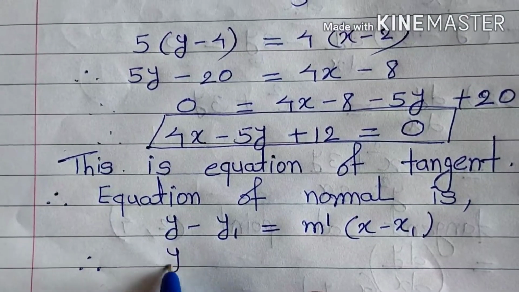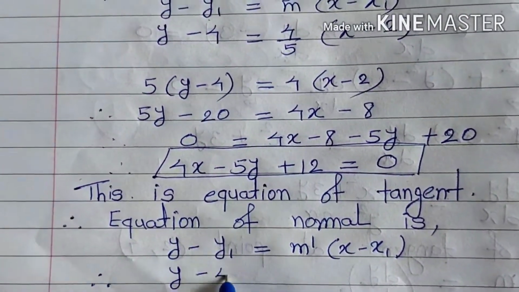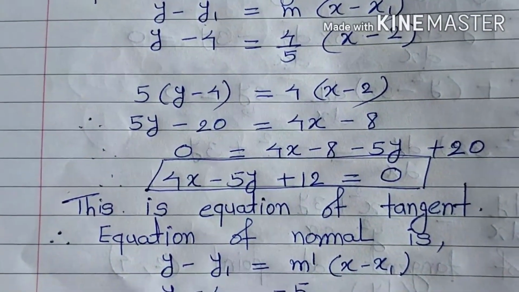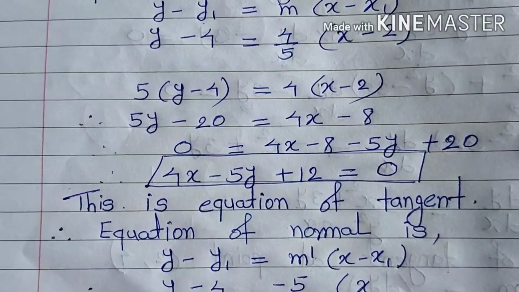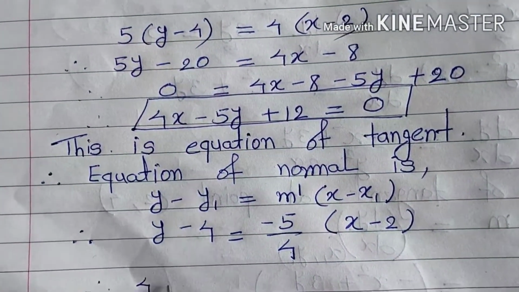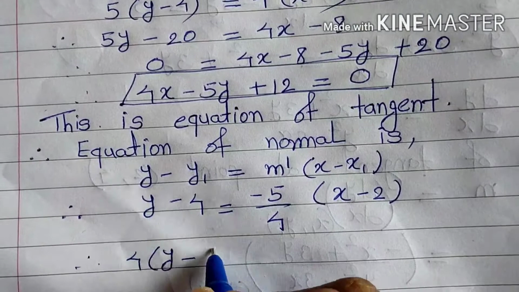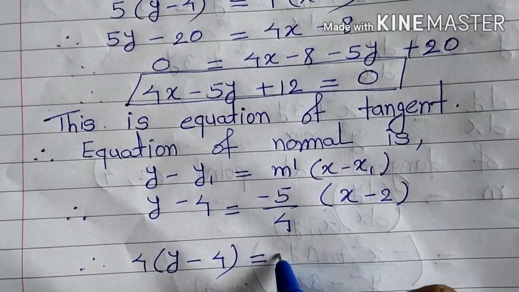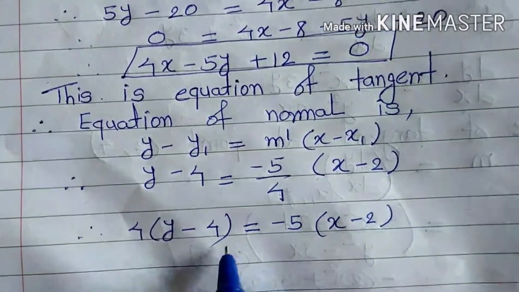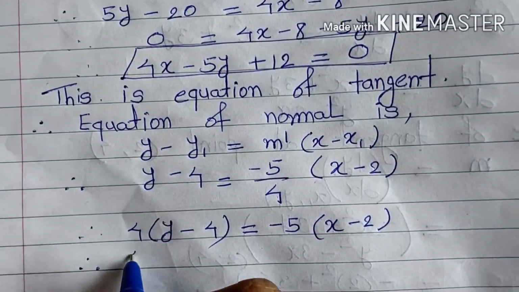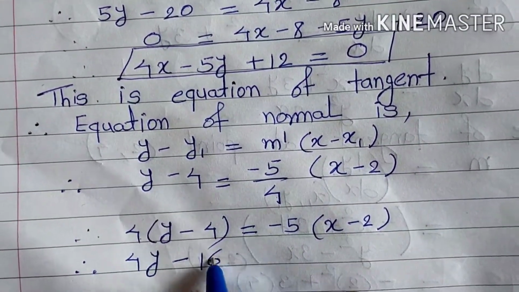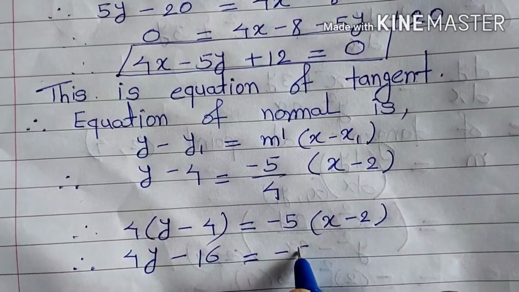Therefore, y minus 4 is equal to m dash, which is minus 5 upon 4, into x minus 2. Now multiply this 4 on the LHS side. So we get 4 into y minus 4 is equal to minus 5 into x minus 2. Now multiply this 4 in the bracket. So we get 4y minus 16 is equal to minus 5x